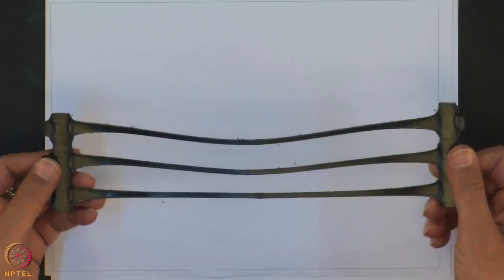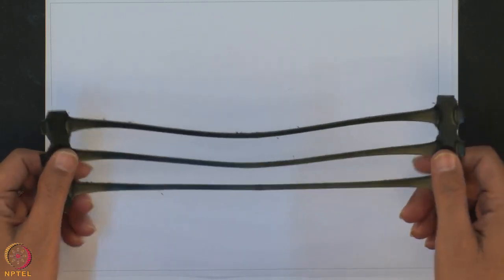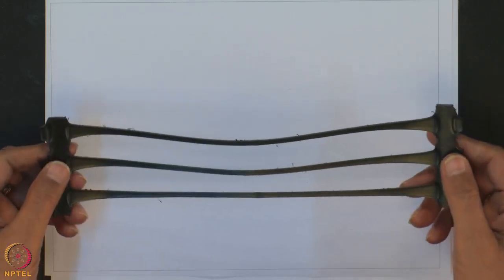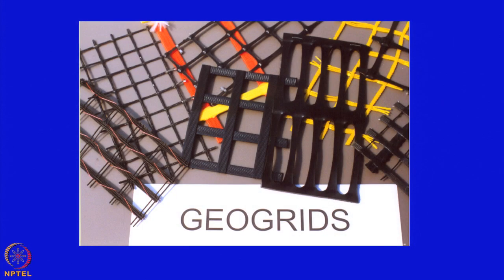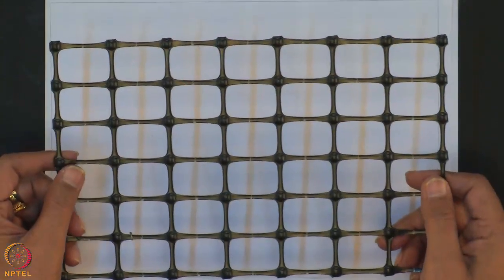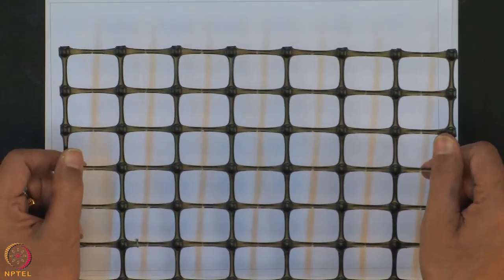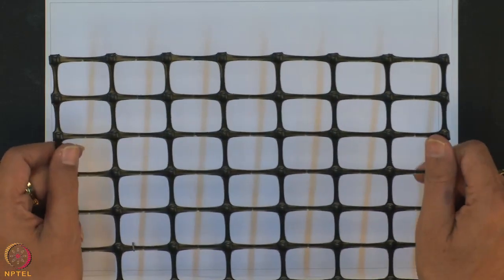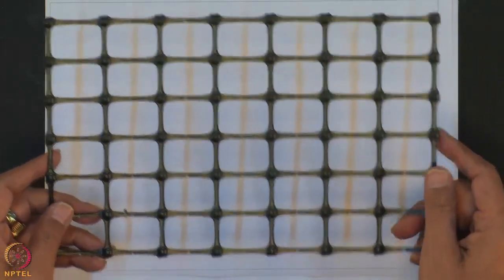This kind of geogrid material can be used for the construction of the reinforced soil retaining wall or the reinforced soil slope. And you can also use the geogrid material for road construction. And this is the uniaxial geogrid material. This is biaxial geogrid material. This can also be used for the railway. It also has the tensile strength in the machine and cross machine direction and the corresponding elongation.